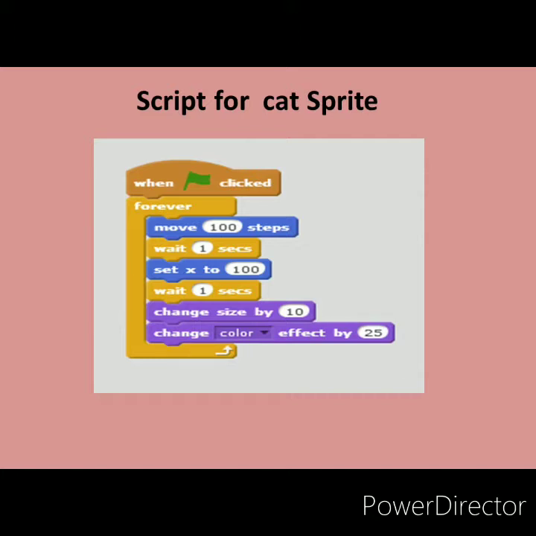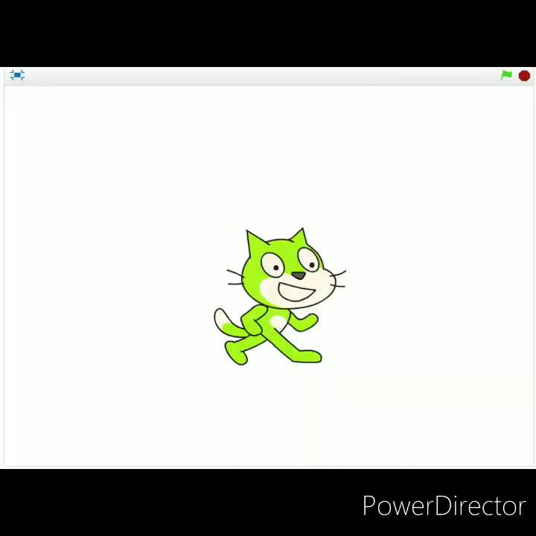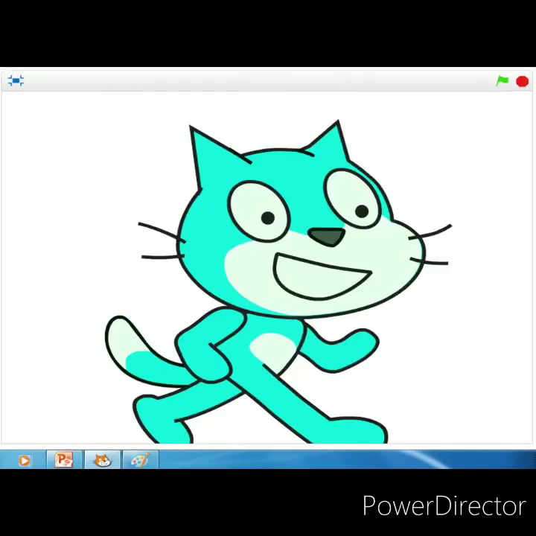Change the size by 10. It will change the size of the cat sprite, and also change the color of the cat. When we run the script, the cat is first placed like that. Look here, when the cat moves, the size is also changed and the color is changed. It moves 100 steps.